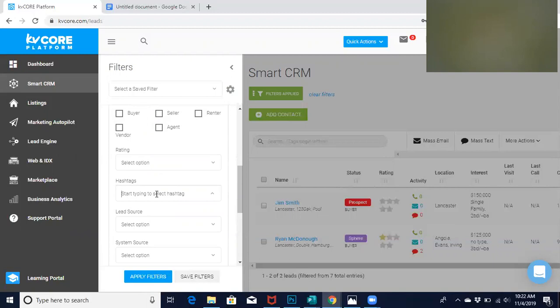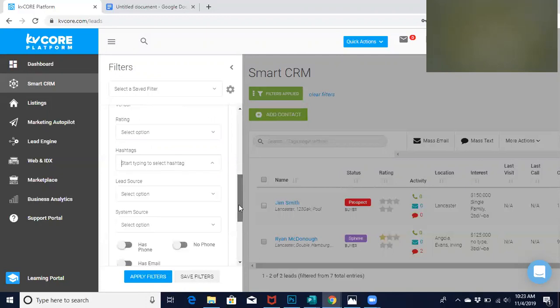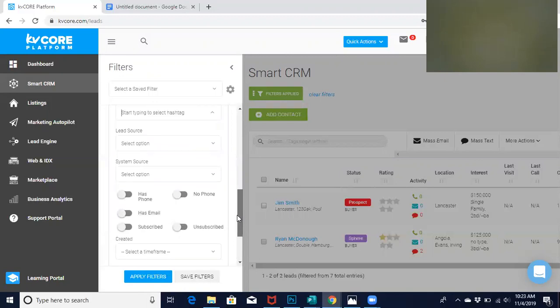You can take all the tagged people that were interested in one particular listing, and you can send them a text right away that just says something like, thank you for attending the open house. Offers are due next week, something like that. But you can also